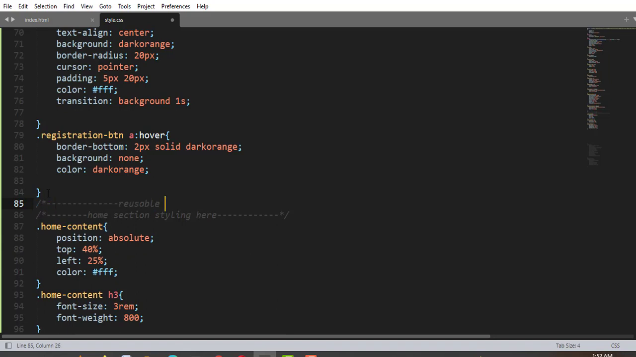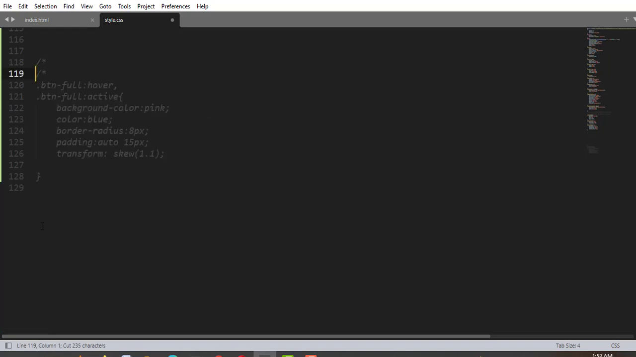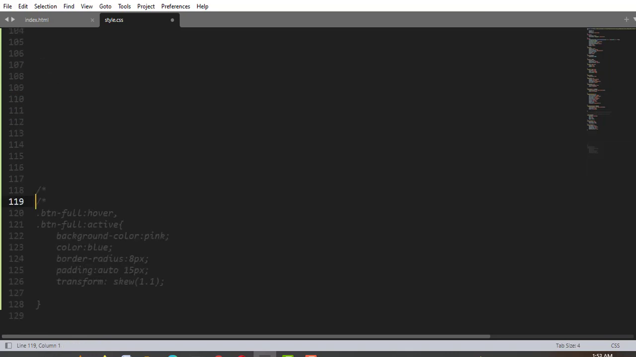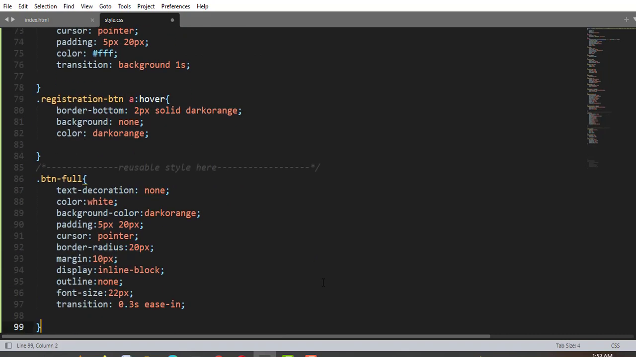since this style is reusable, let me add a comment over here in the styling section. Okay, here is the code for this btn-full. So text decoration none, color white, background color dark orange, padding 5 pixels and 20 pixels, and cursor pointer, border